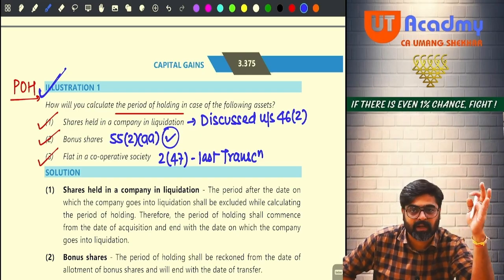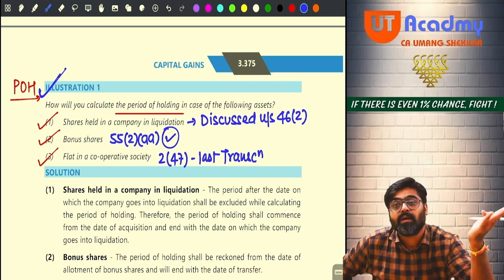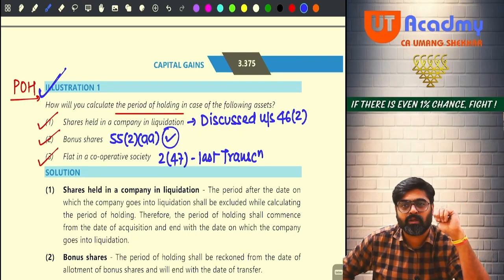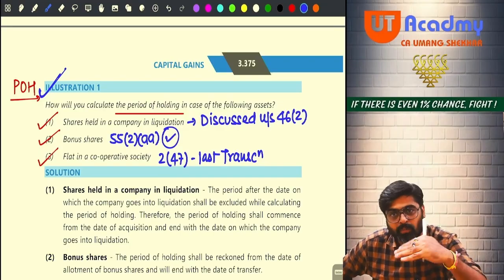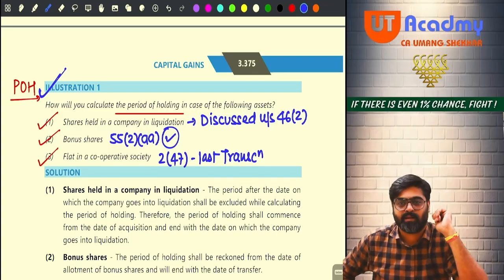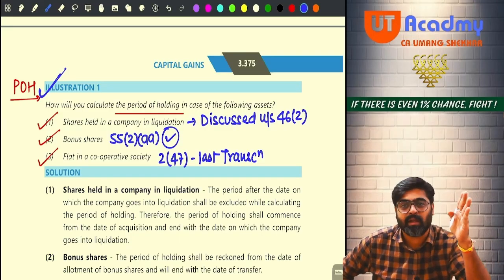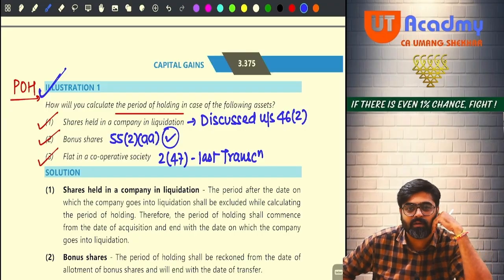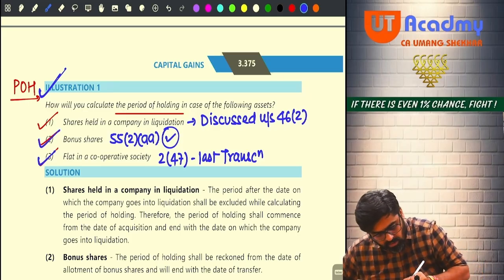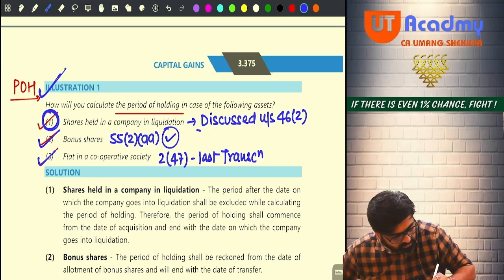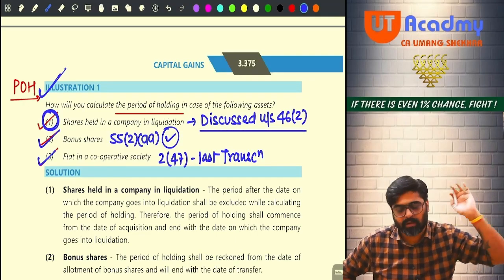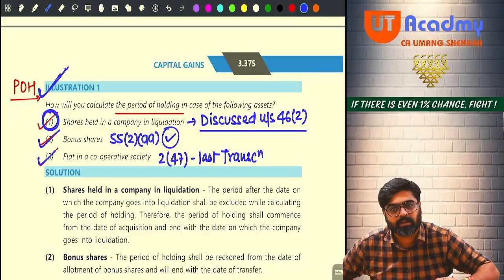Whenever you get that membership from the cooperative society, whenever the shares are given by the cooperative society to you, from that day you get the ownership of that flat, till the time you transfer it. Getting my point? So these 2 points we already know. What about this? This we are going to do with section 46(2). After we are done with 46(2), this part will be covered there. So question number 1 is done, and question number 2 is also done.